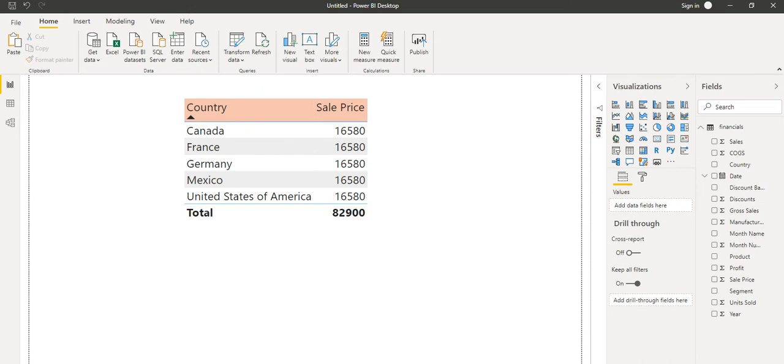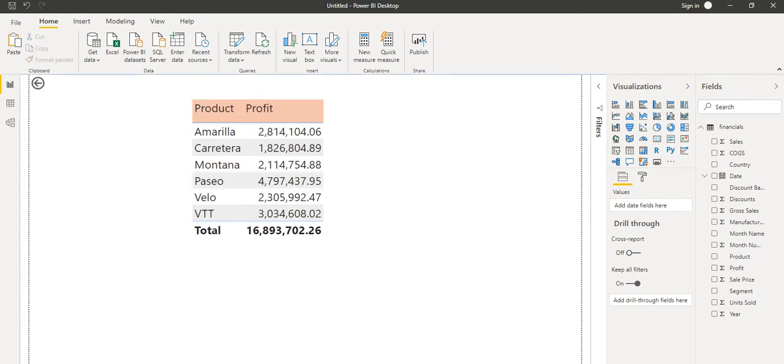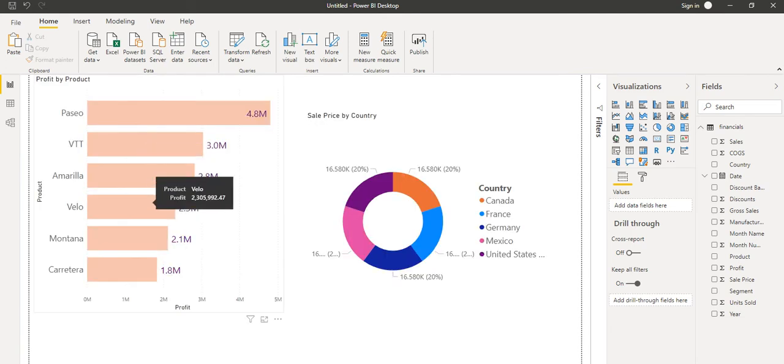Basically, as I explained, drill through is used to navigate from one page to another page, or to drill down on the pages. That is the use of drill through. Next, we need to see how we use this drill through. So let's concentrate on how we are working on this. On the page from which we want to drill through, we decide to which page we want to navigate.